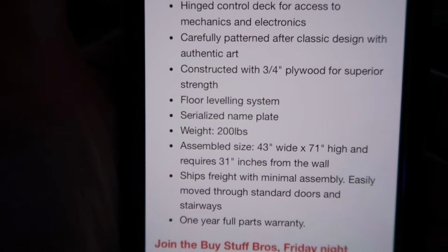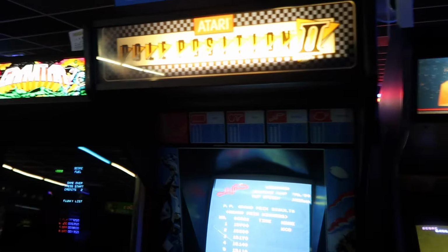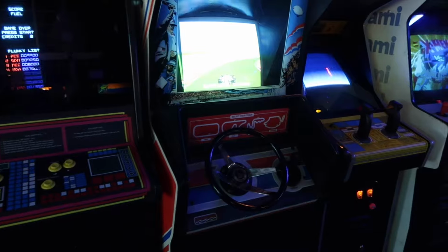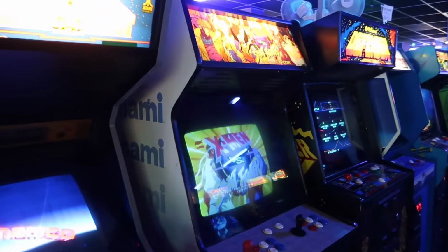If you're used to ordering things UPS, FedEx, small packages, this isn't going to come in a couple of boxes. This is going to come fully assembled, just like an arcade cabinet. If you've ordered from Retro Lizard, it's the same thing. He builds you the cabinet, puts it on a pallet,